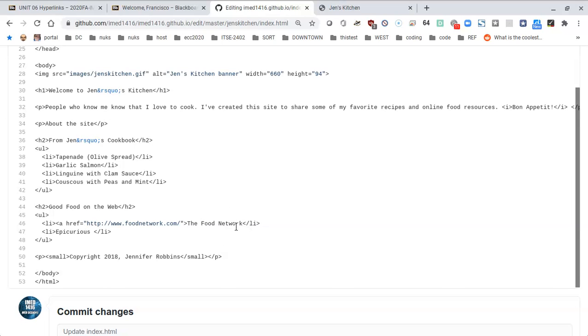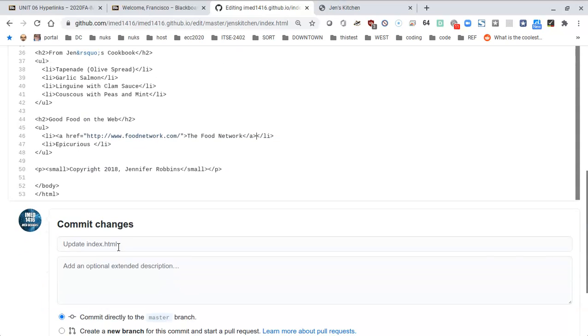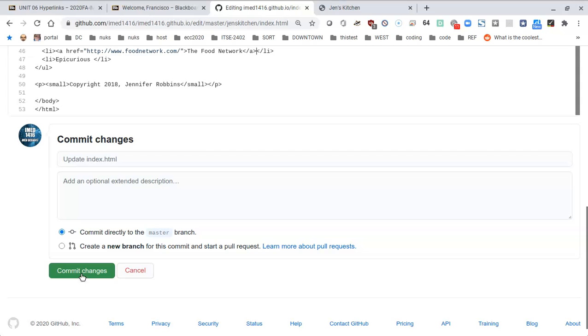If we want this to be the actual text that shows up in the link, then we need to tell it that the anchor closes right after the letter K. So I'll open up an angle bracket and do a /A, telling it that's the end of the anchor, and then close with another angle bracket. So now we have our first link. It's a list item that will take us, once it's clicked, to foodnetwork.com. I'll try this out by committing the changes